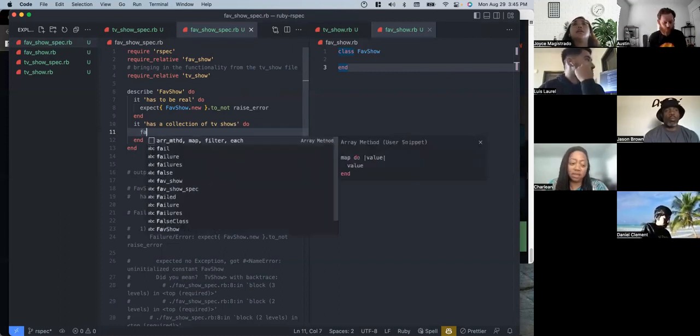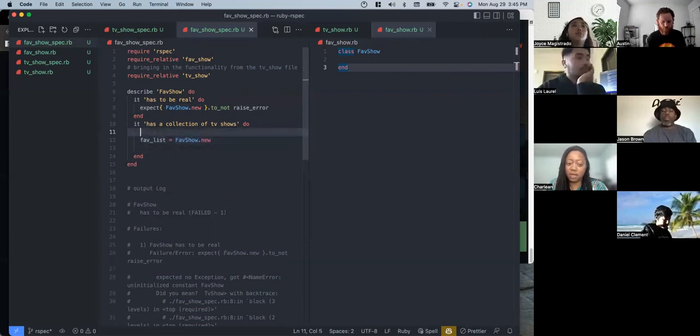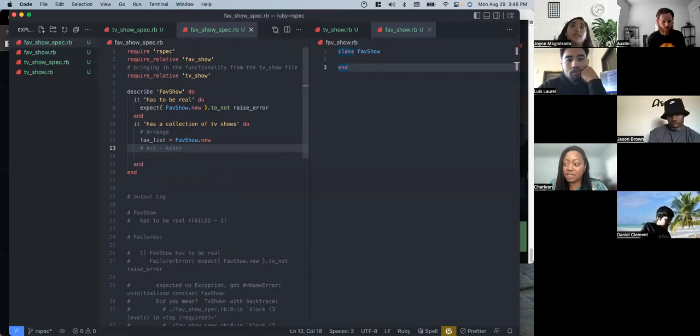We can just call it fave list and instantiate a new class with the new method. And what we're expecting the value of the fave list, that we can call shows, or